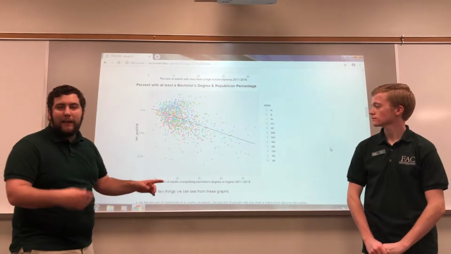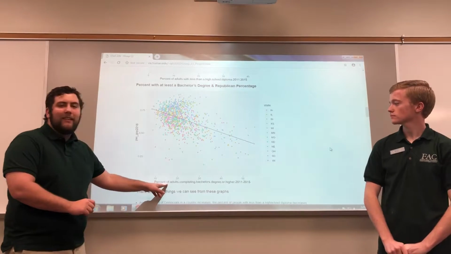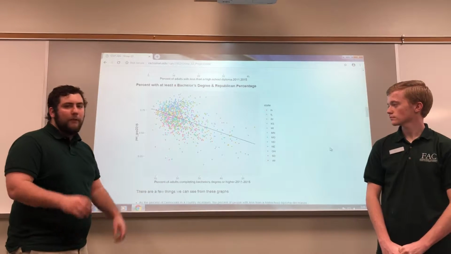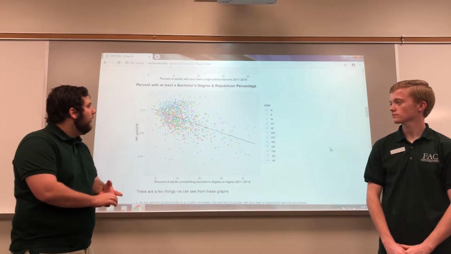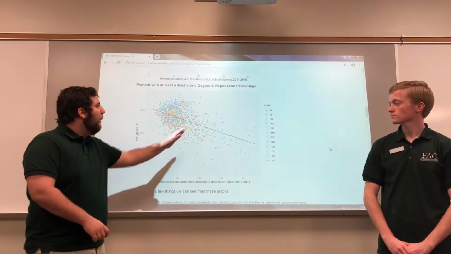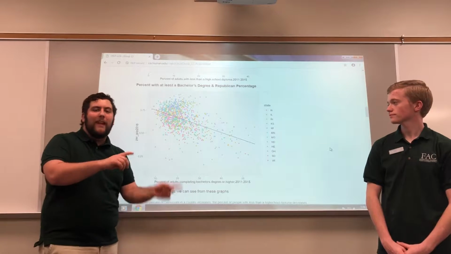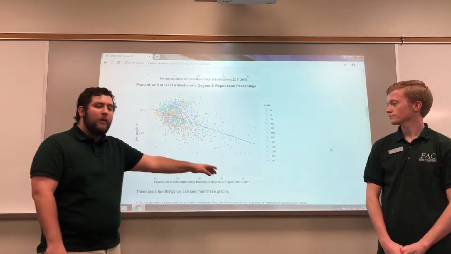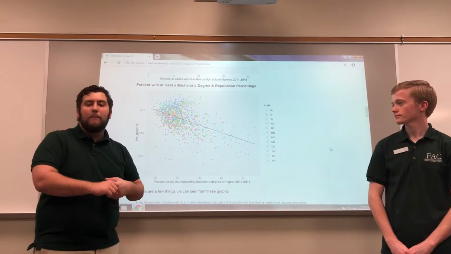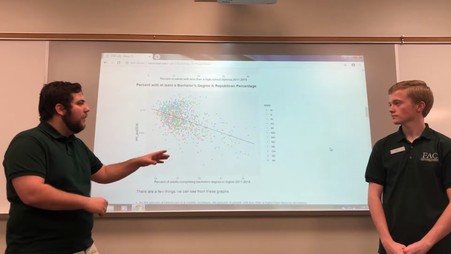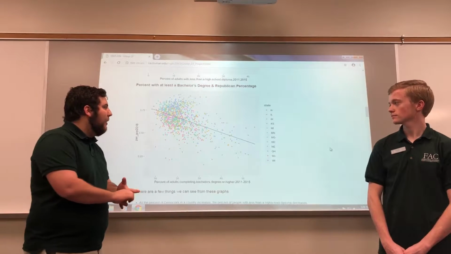One last scatter plot again with a line of fit. The x-axis is back to the percentage of adults with a bachelor's degree or higher. If you remember from the second scatter plot we showed you that had the same x-axis but the percent Democrat, it was an upward trend with our line of fit. Once again, that's reversed as we switch political parties, signifying that as you get to counties with a higher percentage of adults that hold a bachelor's degree or higher, you have a lower percentage of Republican voters in those counties.